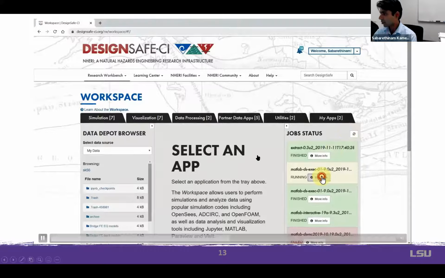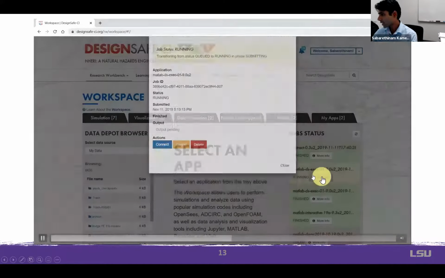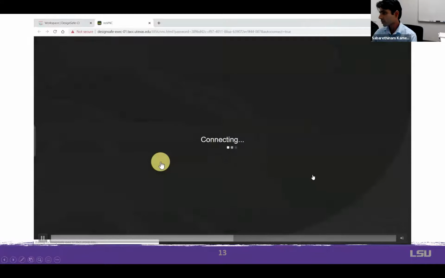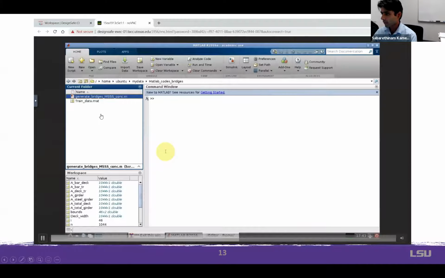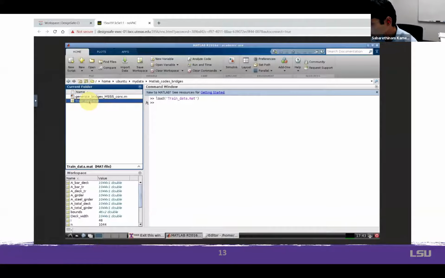So I'm going back to the MATLAB job that was running before. If you just close the window for MATLAB, it doesn't stop the job. It's always going on. So this is picking up from where we had left before. We can open up this training data, which is the Latin hypercube samples that we had.